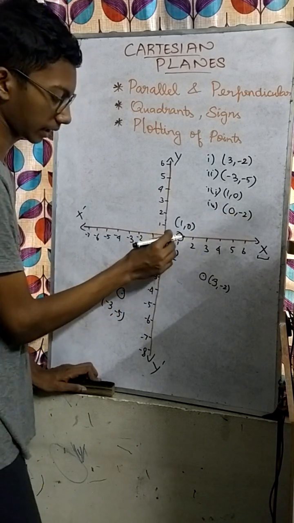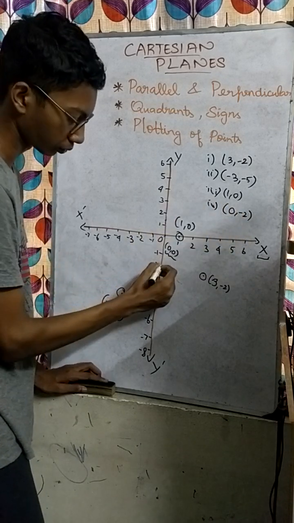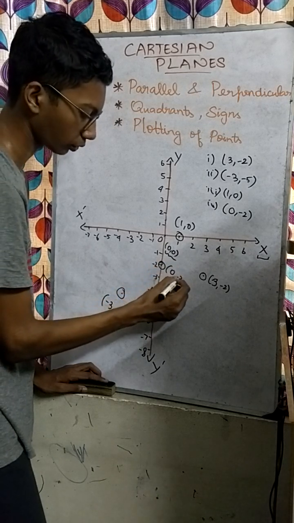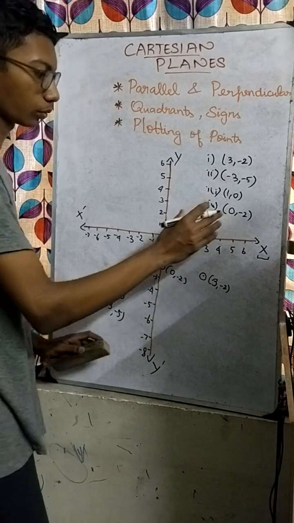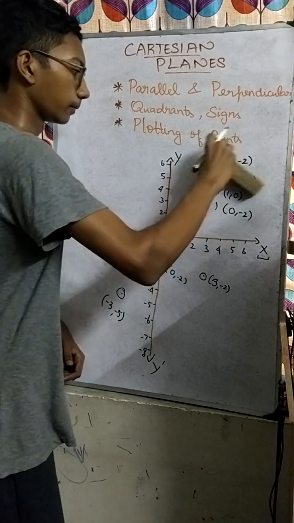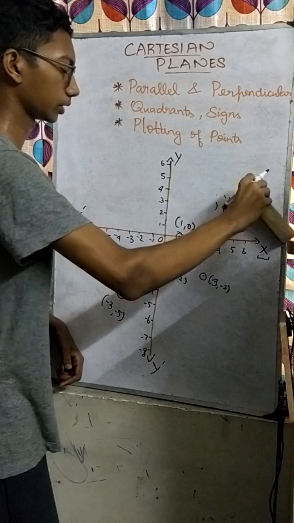Now 0 comma minus 2. Here 0 is the x-axis. Minus 2 on the y-axis it is here. So this is the point of 0 comma minus 2. This is how we plot the points when it comes to having zeros. Now the next important thing is